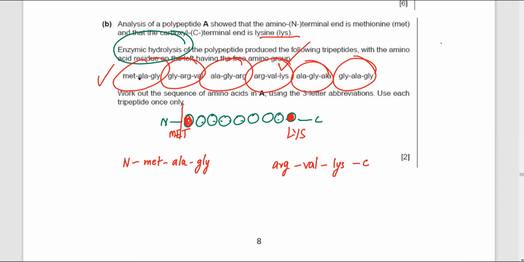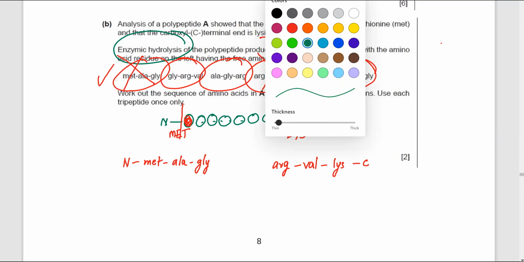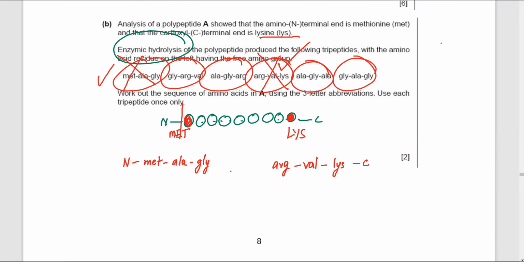यहाँ तक क्लियर है? आयशा, इज दिस क्लियर? अबू लैला क्लियर है? मरियम? जी सर। Yeah. अच्छा, तो इन दोनों को हटा देते हैं, ये दोनों हो गए, स्टार्टिंग और एंड पता लग गया. अच्छा, नाउ he's also said the tripeptides must not repeat. अच्छा, now one thing that could happen is you have ALA GLY ARG, and you have GLY ARG VAL, फिर GLY ALA, ये क्या GLY ALA, अच्छा